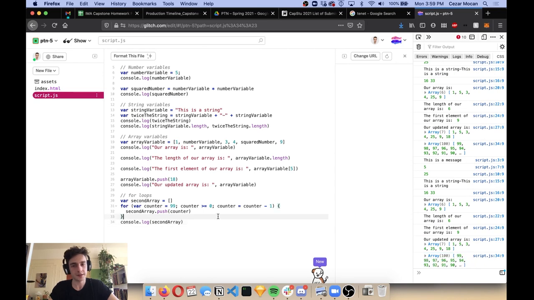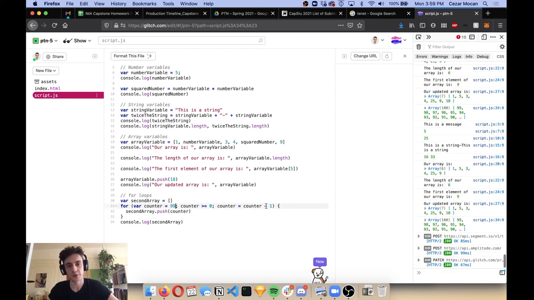All right, and let's do one final thing in here. Let's say we only wanted to add the numbers that are divisible by 5 into this array, right? So if we wanted to go 95, 90, 85, 80, and so on down to 0, one way to do that would be to start our counter from 95 and go down by 5 at each step. The other way to do that, which is less performant,